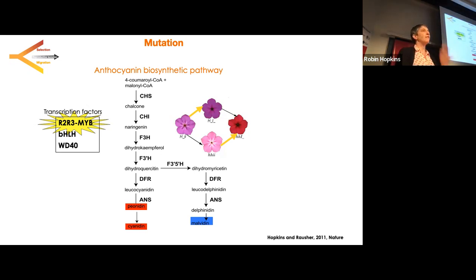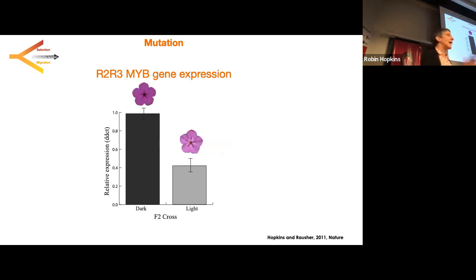But let's dive into the function of this gene, right? Can we actually validate that this MYB is doing what we think it's doing, that is regulating the amount of pigment in a flower in our phlox? Because our phlox are kind of funny. All right, so the first thing we did was actually just a classic gene expression assay where we look at the transcript levels in the dark individuals and the light individuals. And we can do this in F2s and we can do this in natural populations. And in every case, we find that dark individuals make a ton more transcripts than light individuals of this R2-R3 MYB.